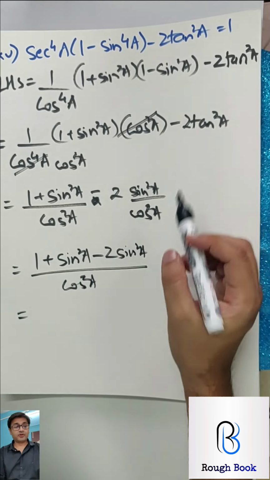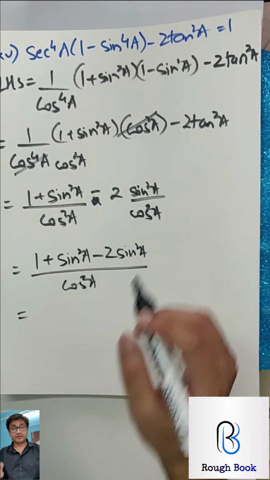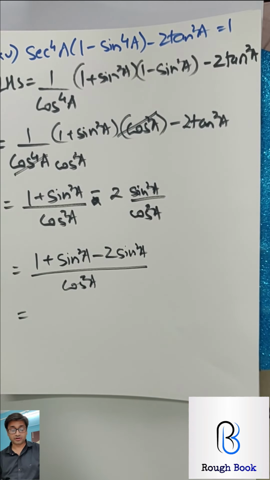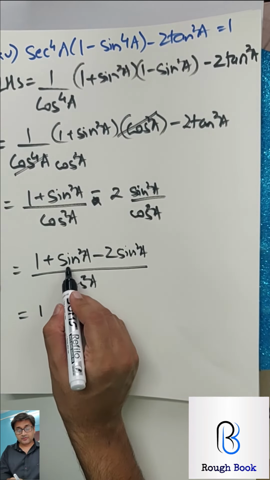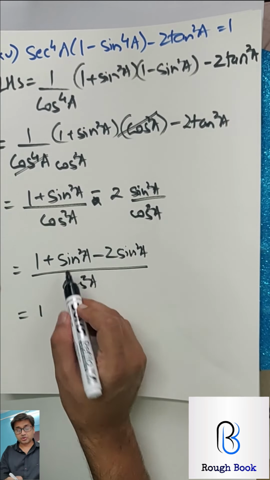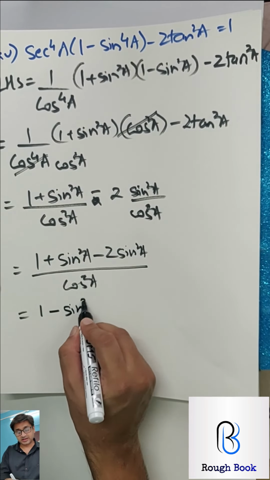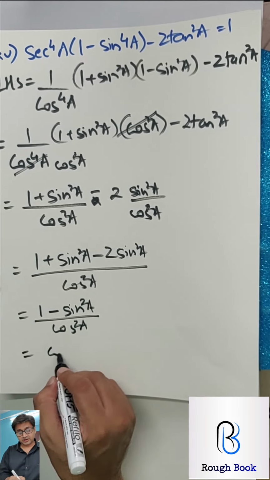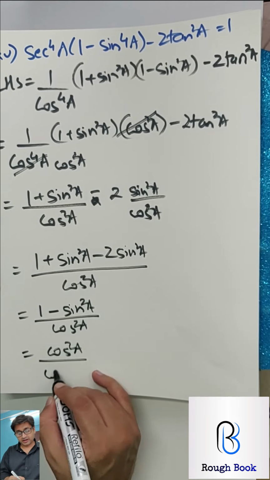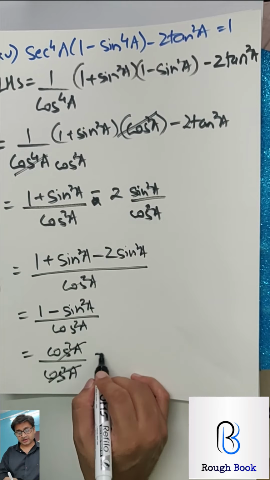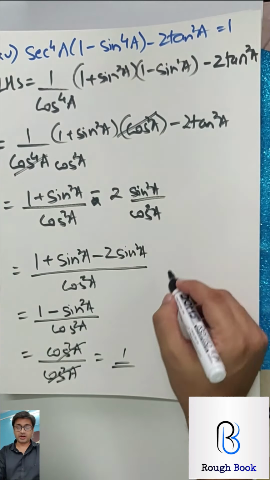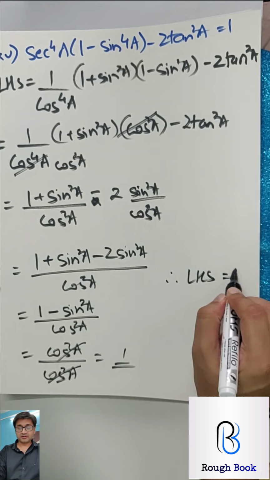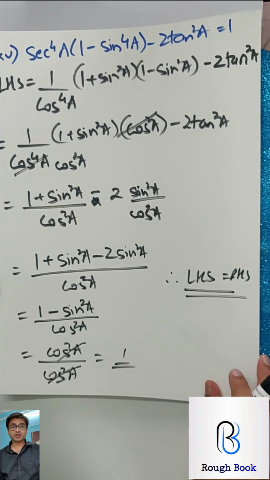Yeah, I need 1. So in the end I'll have to convert everything maybe into sine and cos in order to get it. So right now I've got 1 sine square, 2 sine square. So 2 minus 1 is going to give me just 1 sine square upon cos square. And 1 minus sine square is cos square. We already know that. Cos square upon cos square gets cancelled. What you get is 1, and therefore finally you can claim that LHS matches with RHS.